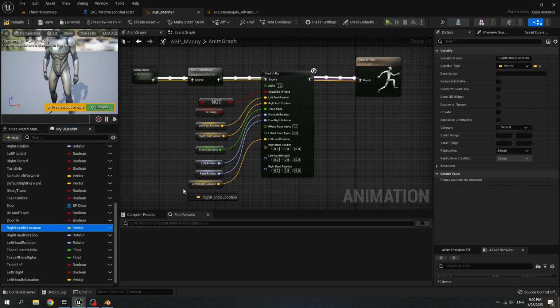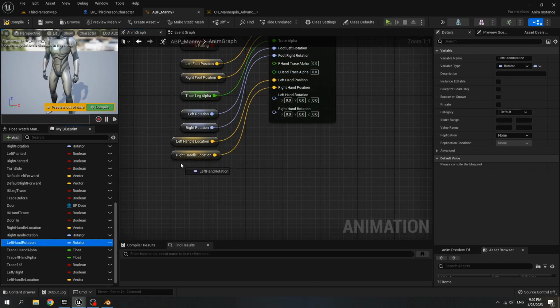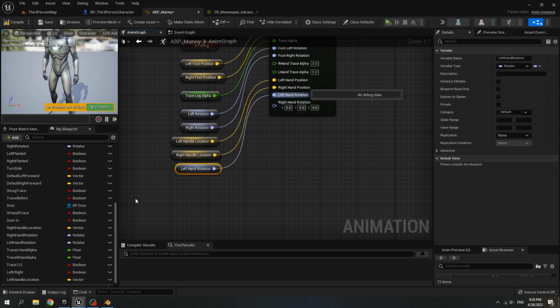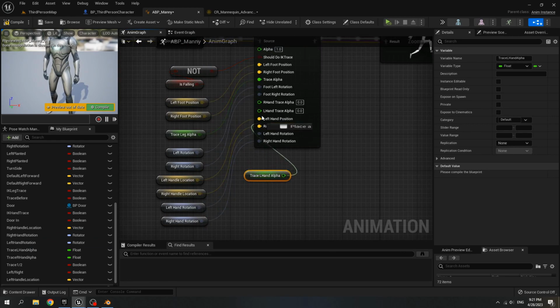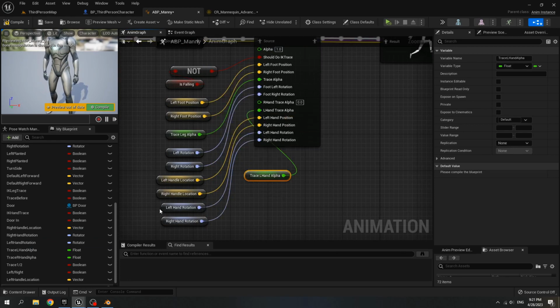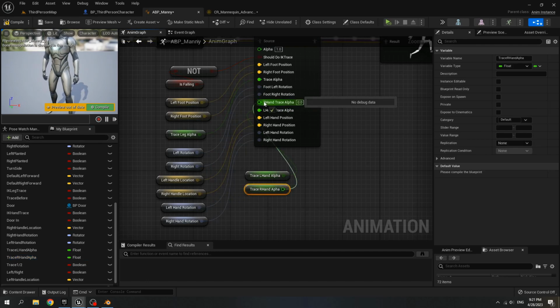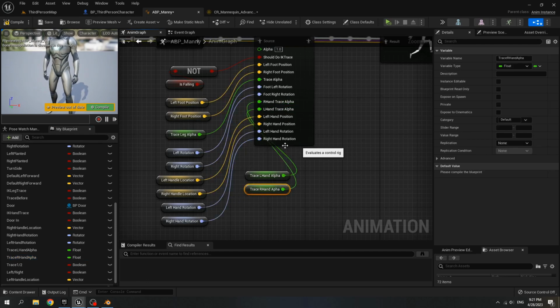Get right handle location, connect it to right hand position. Get left hand rotation, connect to left hand rotation. Get right hand rotation, connect to right hand rotation. Trace L hand alpha, connect to L hand trace alpha. And for trace R hand alpha, connect to R hand trace alpha.